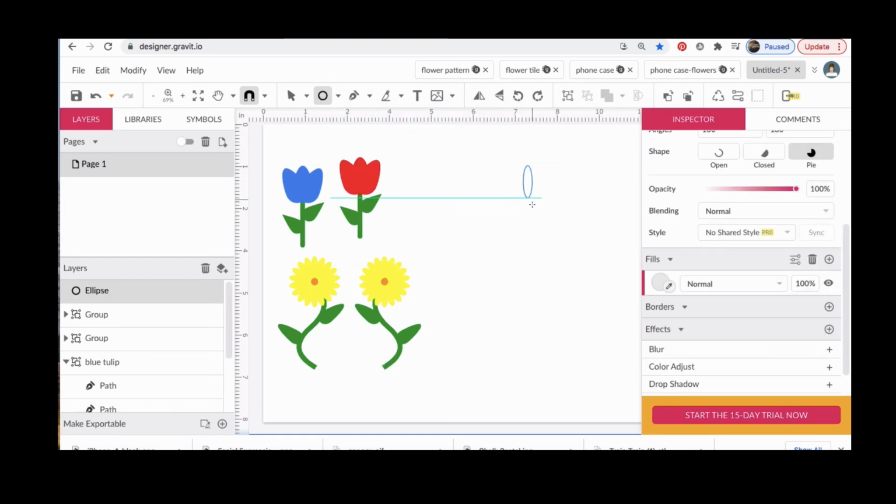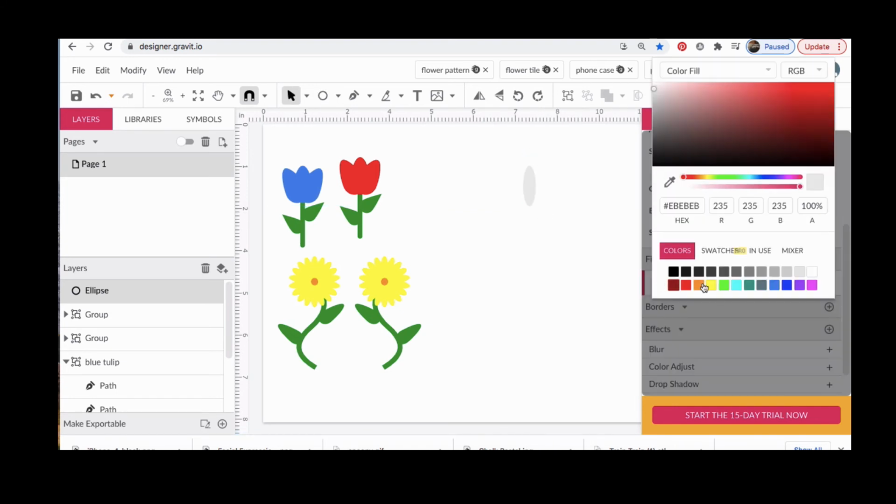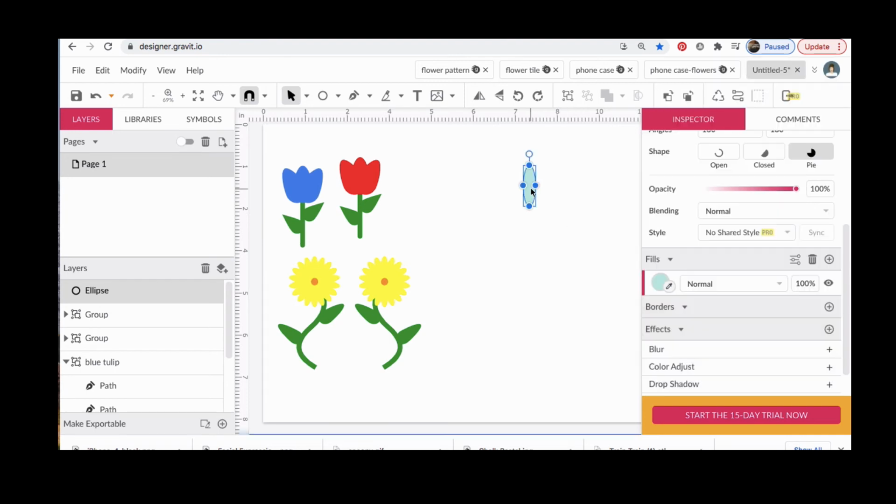Okay, I want a different color, little different style of daisy next, so let's try it. Make another ellipse, and this one I would like to fill it with the blue, a little different color blue, kind of a baby blue there. All right, holding Alt down, I'm going to drag off a copy, just like we did before, to a little distance. I'm going to select both by holding down Shift and group them,